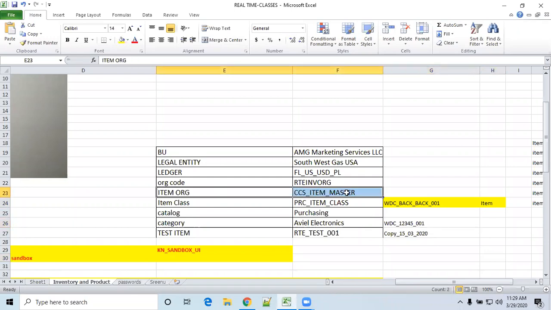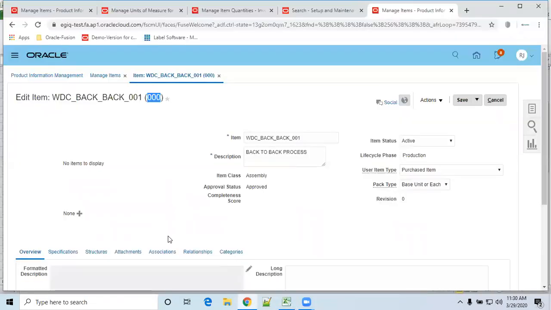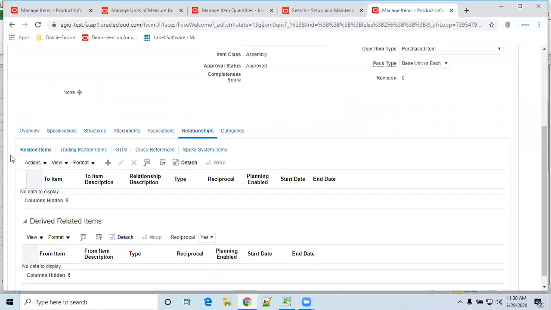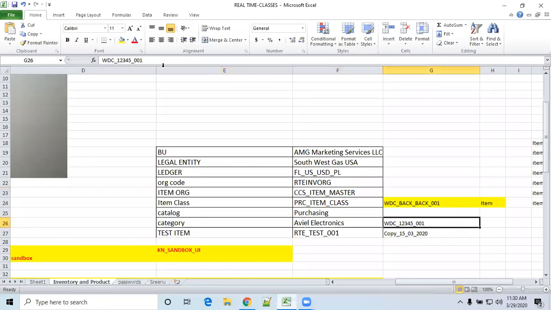So let us verify whether the system will allow building a relationship. I think it won't allow. Let us try. Go to relationships, which is the tab where we can make a relationship. Related items, click on plus. So now what is our item? This is our item.